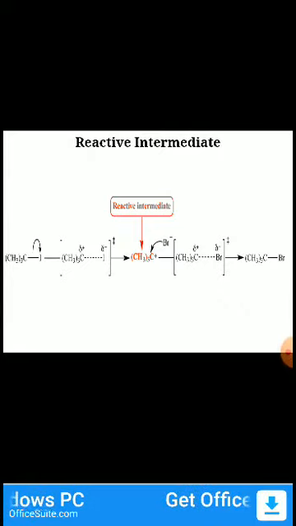So what is the reactive intermediate? Let us take one substance, CH3I. In transition state 1, the bond between carbon and iodine is partially broken, and after that the reactive intermediate is formed, shown here in red color. Then the nucleophile Br-, as I already told, a species containing a negative charge is considered a nucleophile, comes and attaches to this intermediate. So the direction of the reaction is decided by this intermediate.